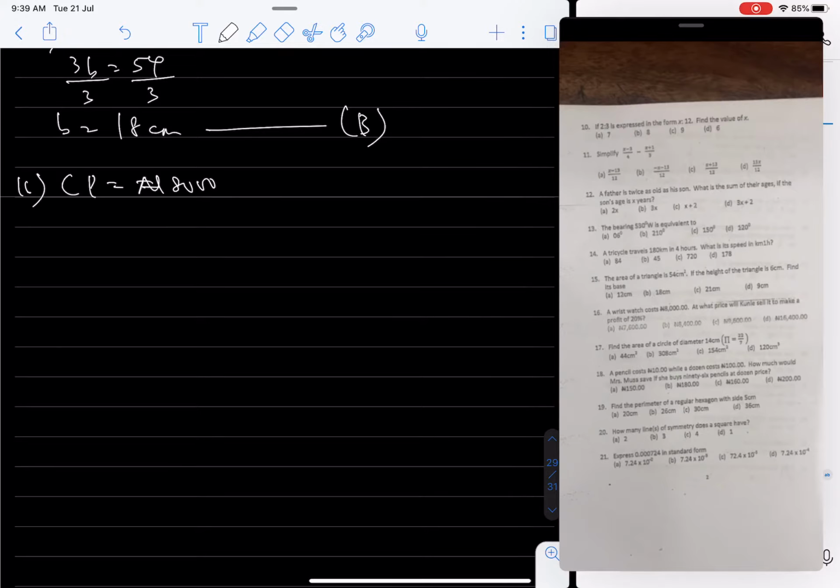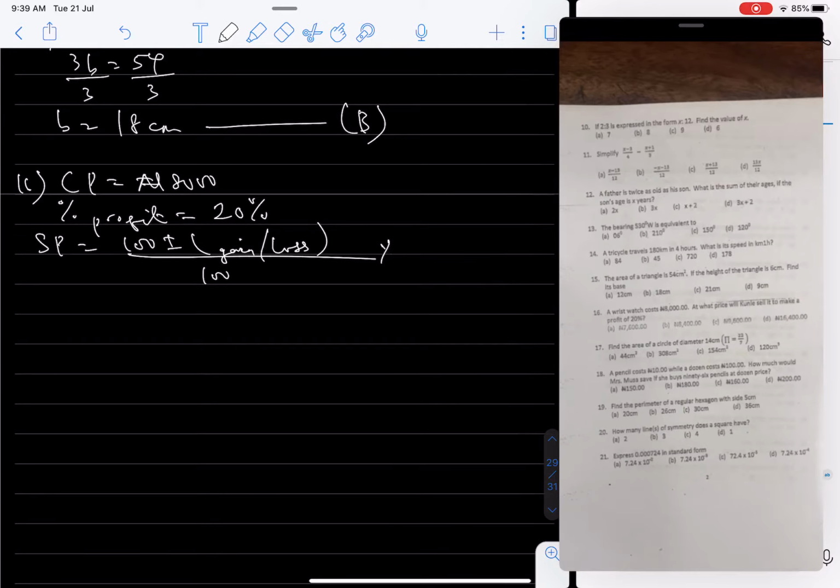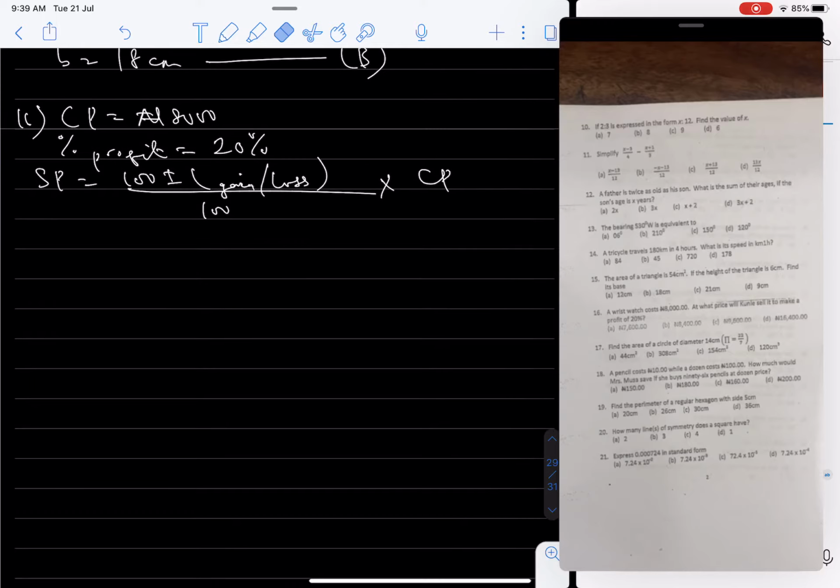What's going to be the selling price if you want to make a profit of 20%? So percentage profit is 20. What's going to be the selling price? Selling price is given by the formula 100 plus or minus gain or loss percent over 100 times cost price, and here it's a gain, so